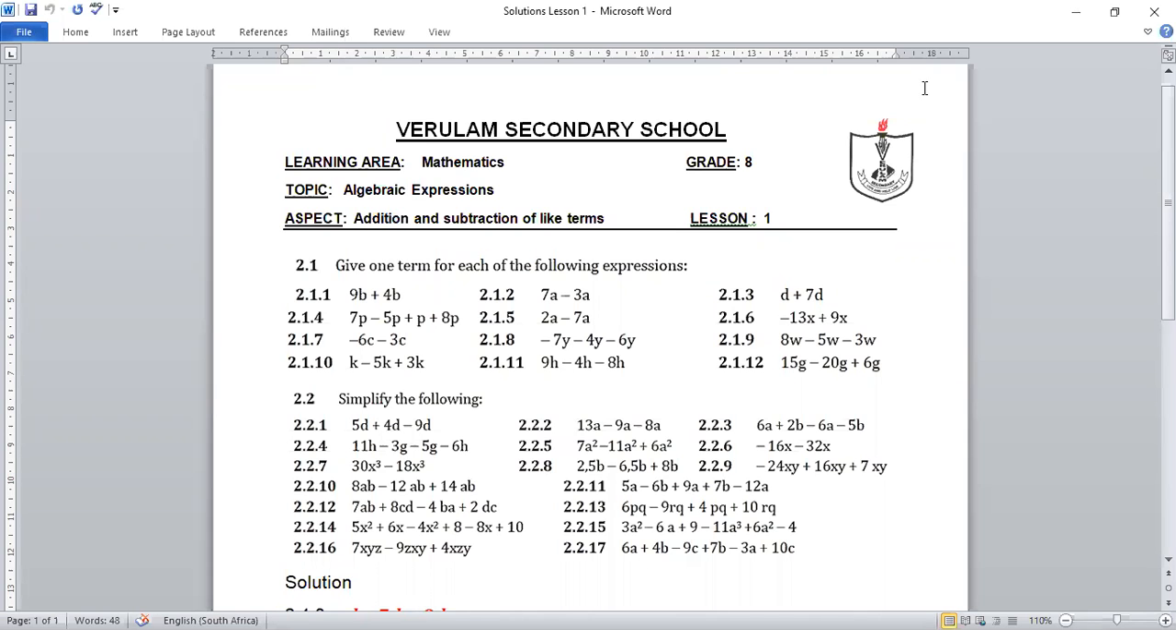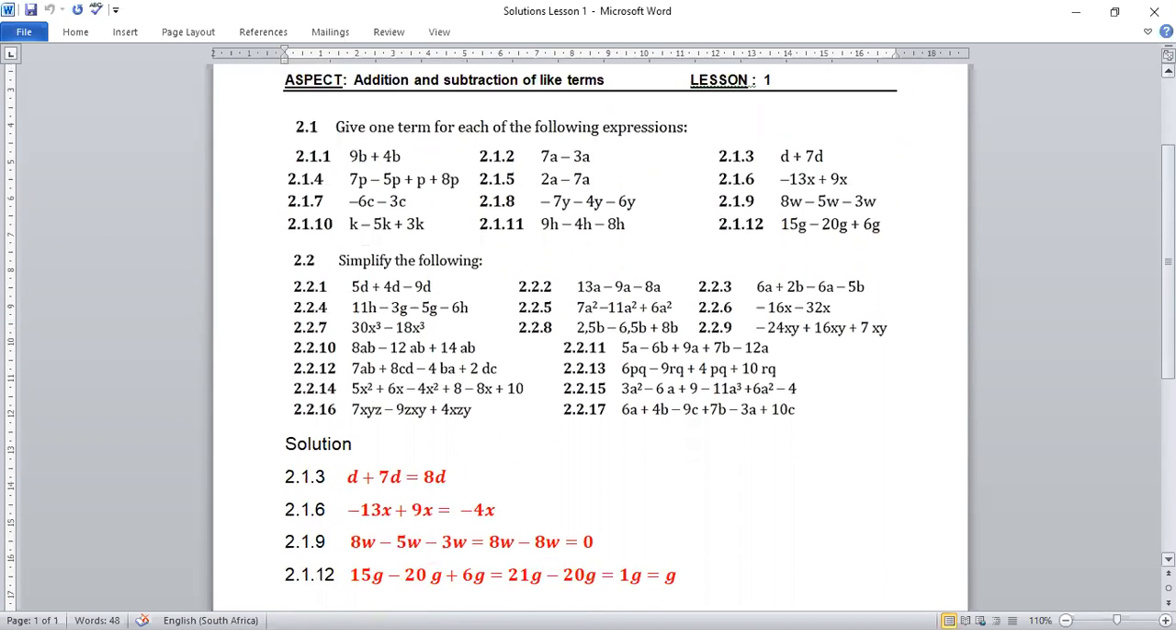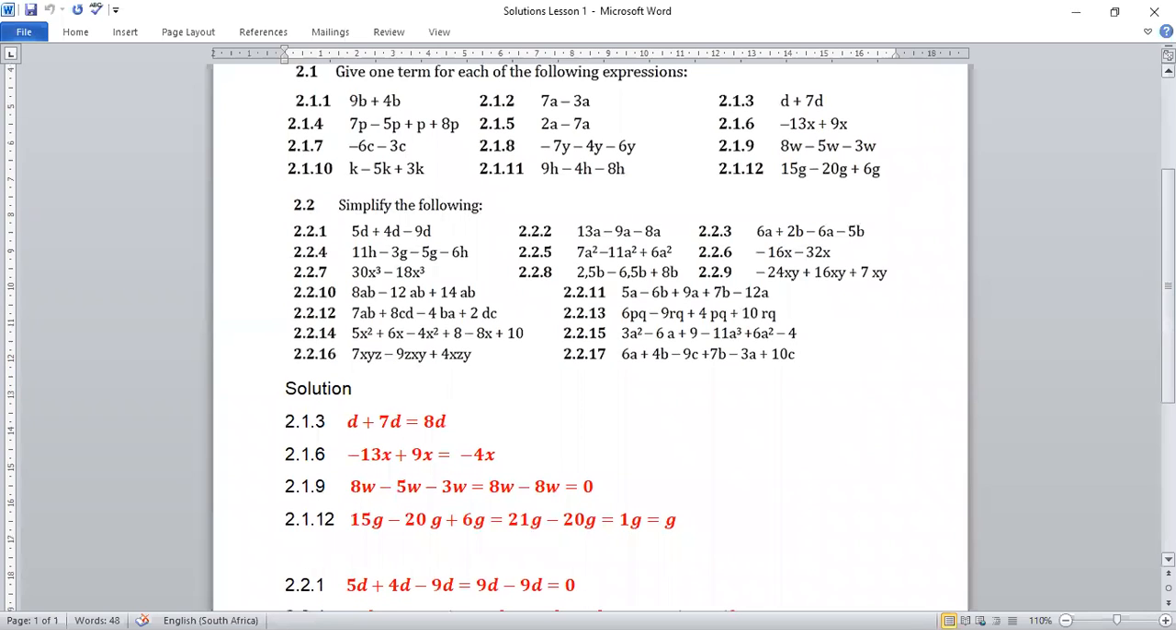Today's lesson is the solutions to Lesson 1, Addition and Subtraction of Like Terms. The first question we'll look at is question